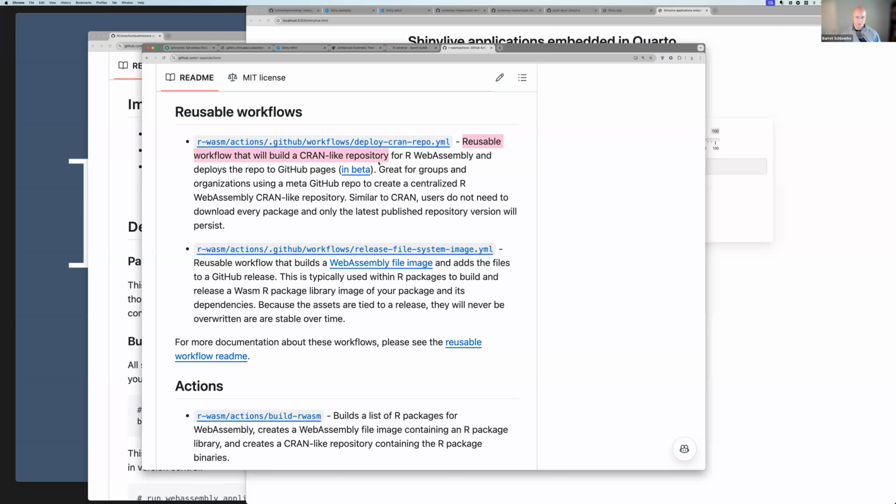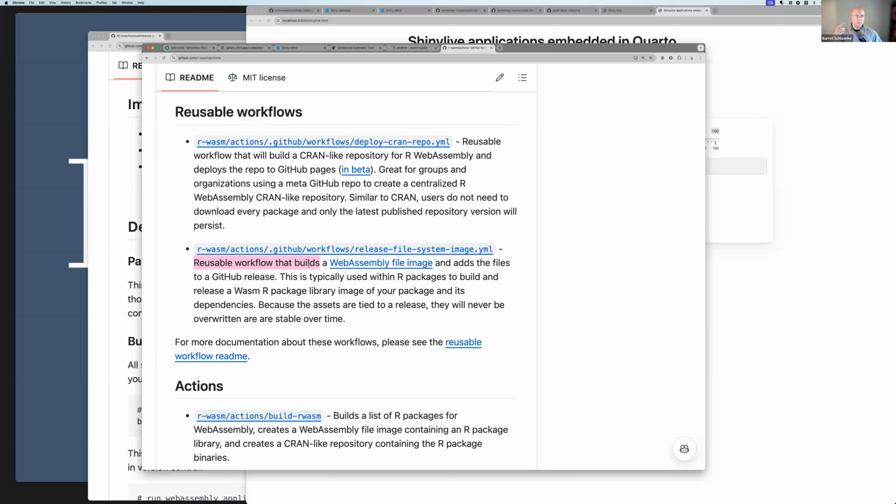Build a CRAN-like repo. So this one is deploy a CRAN repo. Within your private org, you would have a private CRAN repo that you would deploy to. And then this one here is release file system image. I think this one might be a little bit better. It adds an asset file to your GitHub release.